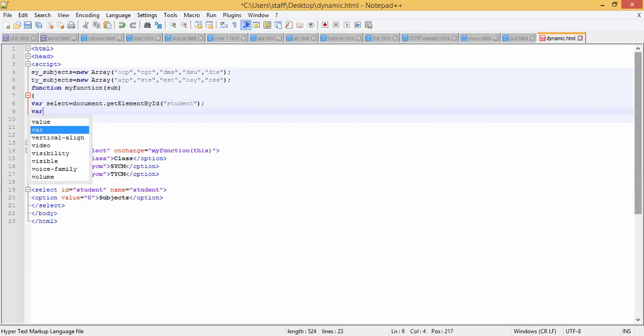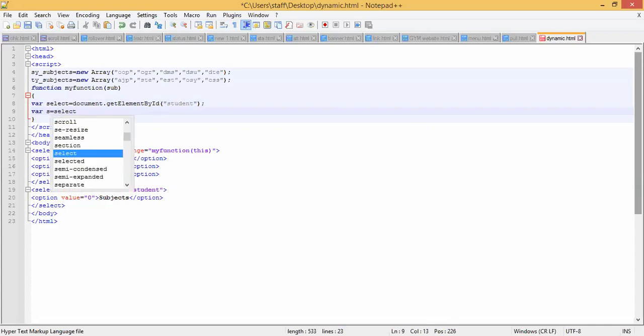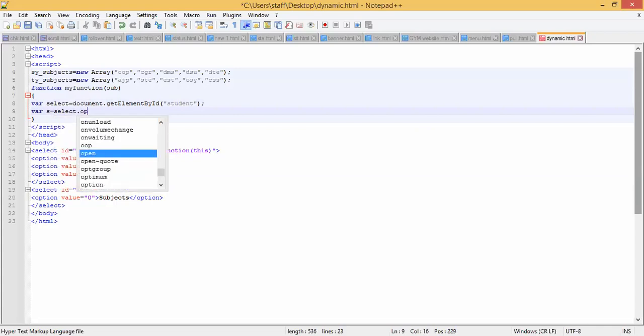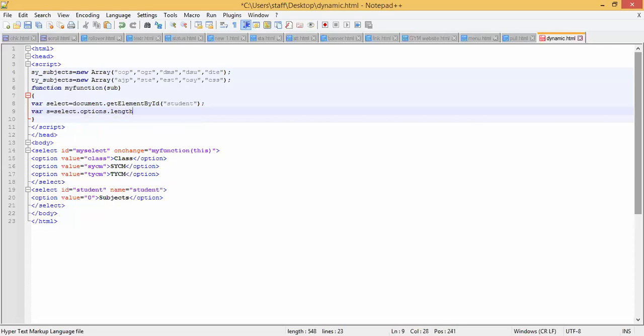We will take one variable for that: var s equal to select dot options dot length. Okay, for finding out the length we are taking this.